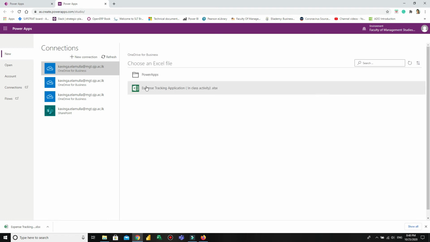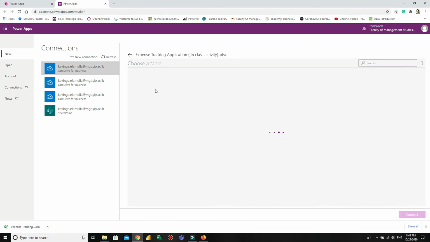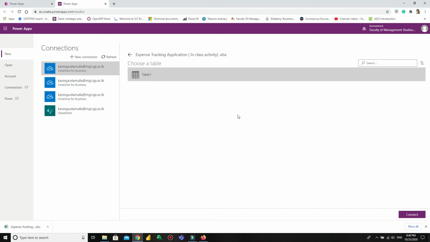Then you can see your uploaded Excel file and you may select it. Then you can see Table 1, and select it and click Connect.